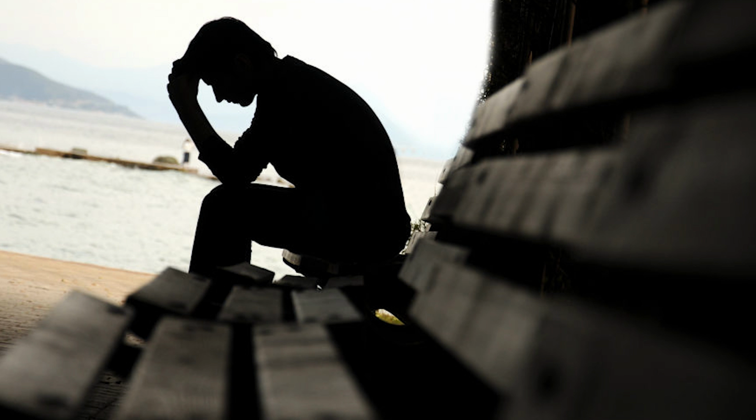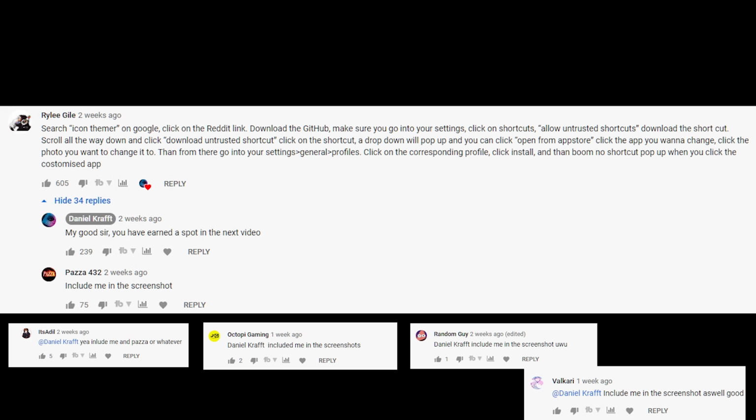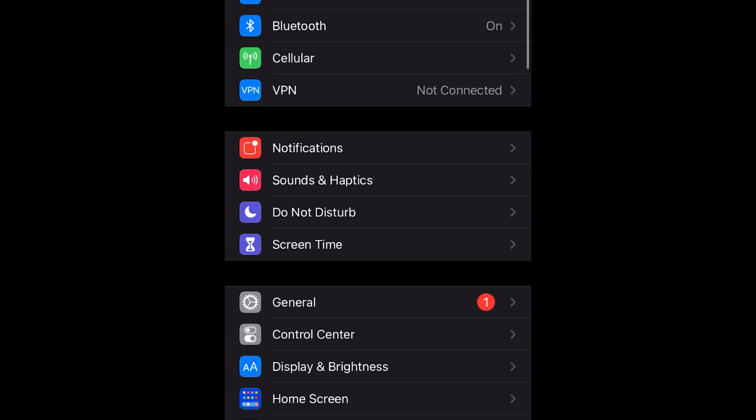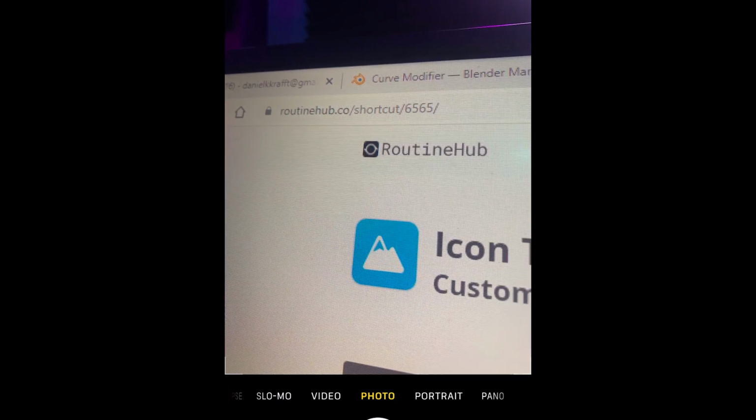Thankfully, just as I was losing hope, one of you guys swooped in and handled the situation with a comment. I honestly don't know how you guys figure this stuff out, but you did, and there is in fact a way to bypass shortcuts. Before I tell you though, you're going to need a pen and paper because this has a lot of steps. First, go to Settings, Shortcuts, Allow Untrusted Shortcuts, go to this website, scan this QR code,